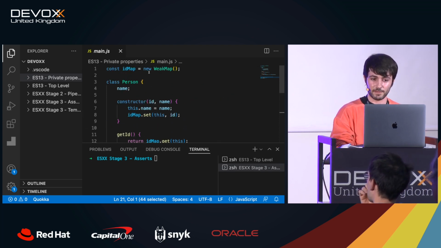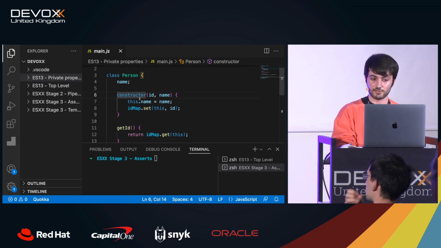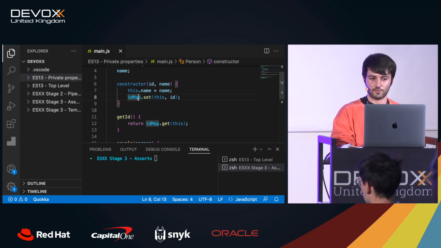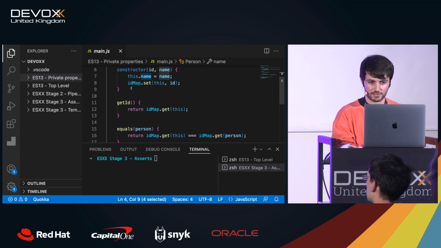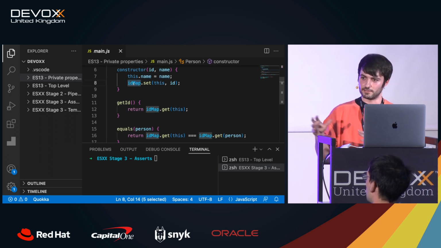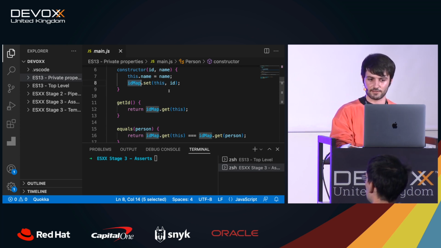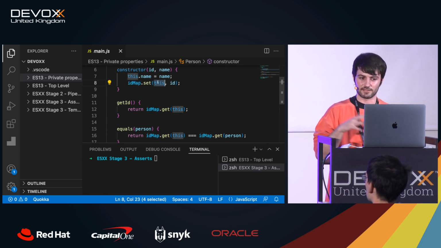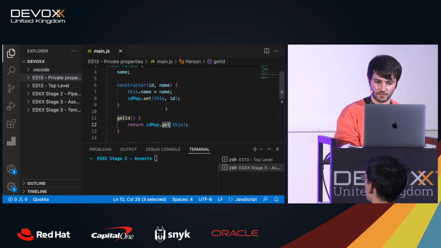So now that we have this map, when constructing the class Person that has a name and ID, and the ID we want to be private, then rather than define a property like you would normally in Java or any other language, you hide this private property in the map. You're saying, okay, this instance of Person will have this ID, and then you can always get the ID by idMap.get(this), right? Similar to how a map works.